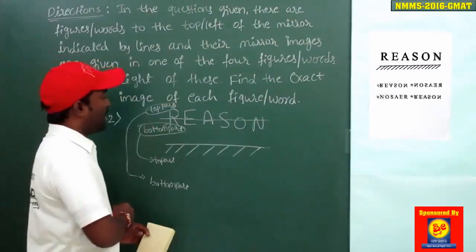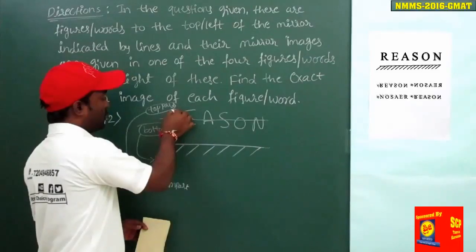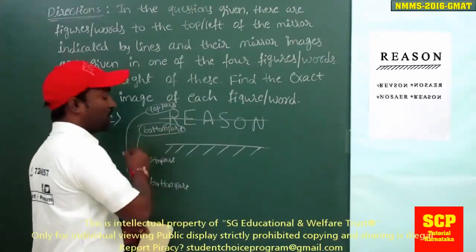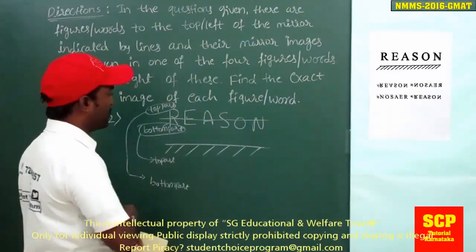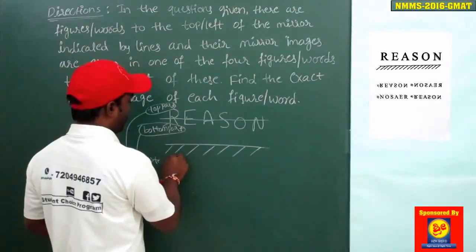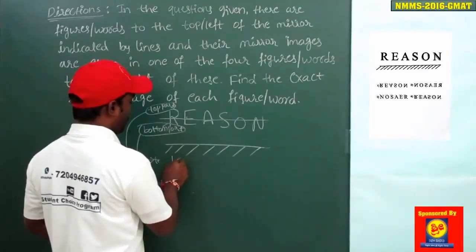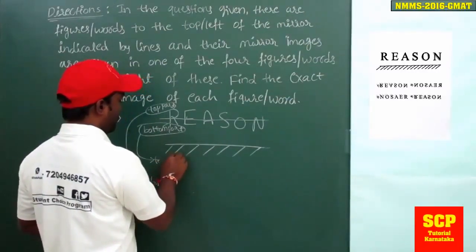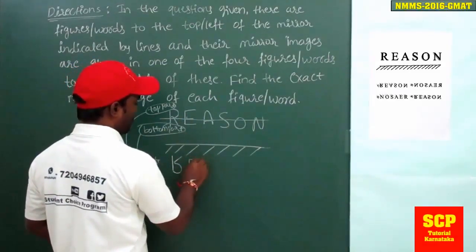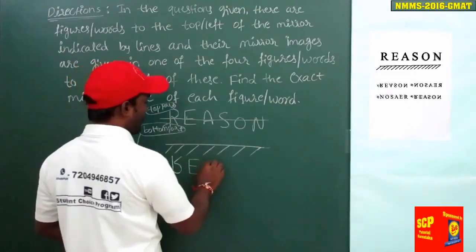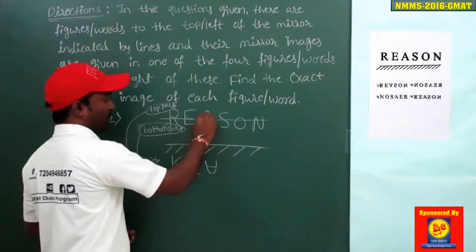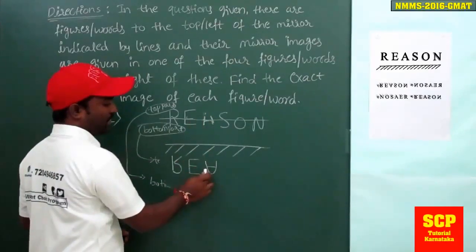Okay, let us see. As I said, the top portion is going to become the bottom portion, and this bottom part goes to the top part. Using that, I'm going to draw the mirror image for this word. Here is the word reason. First I'm drawing this letter R, next E, next A. As I said, this is the top portion. Now it is becoming bottom.